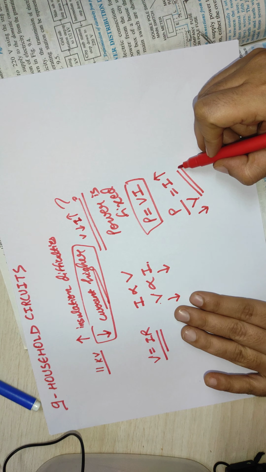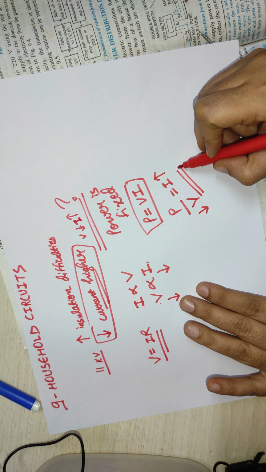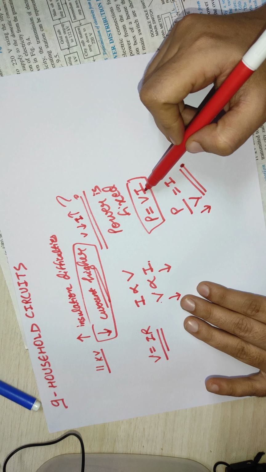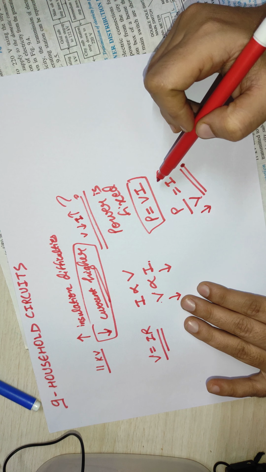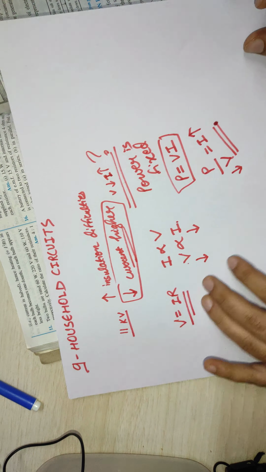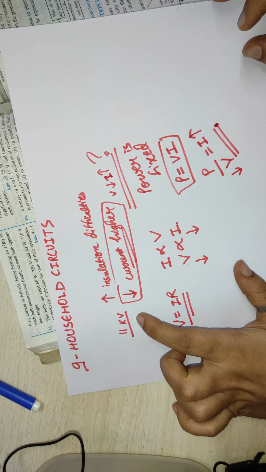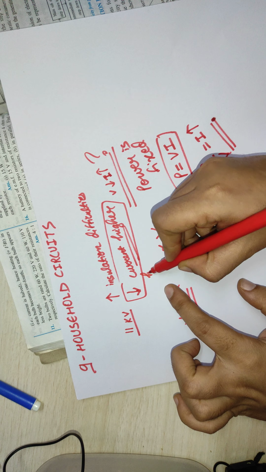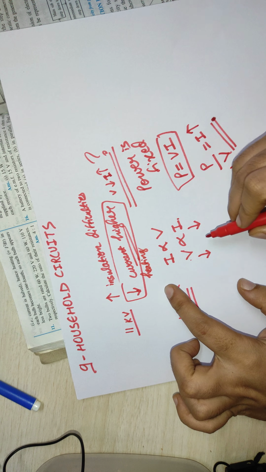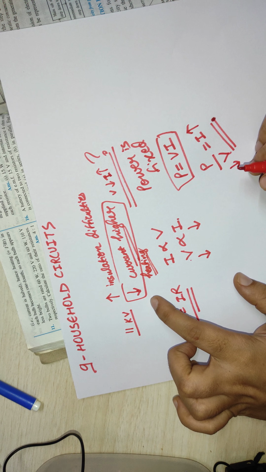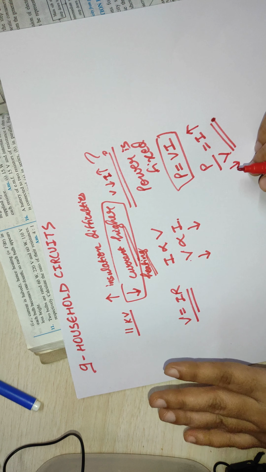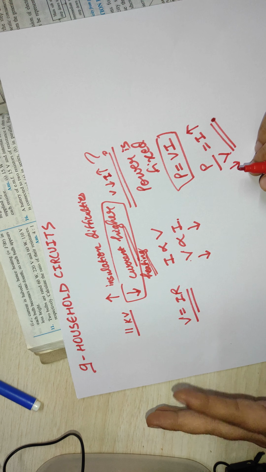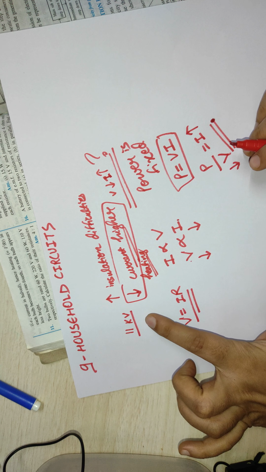One is Ohm's law. From Ohm's law, V and I are directly proportional. If one will increase, other will also increase. But if we are taking that power is fixed, then V and I will be inversely proportional. One will increase, then other will decrease. So therefore, if the voltage is taken lower than 11 kilovolt, the current will be higher, then that current will lead to heating effect. Then more and more current will be wasted in the form of heat energy. Therefore, from the generating stations, the electrical energy is transmitted at 11 kilovolt. Clear?